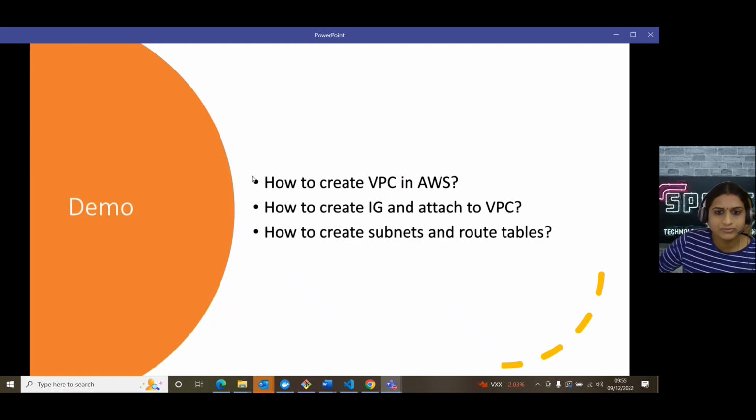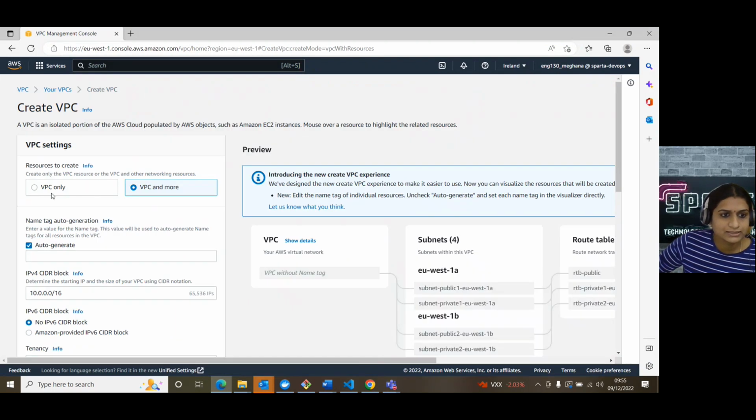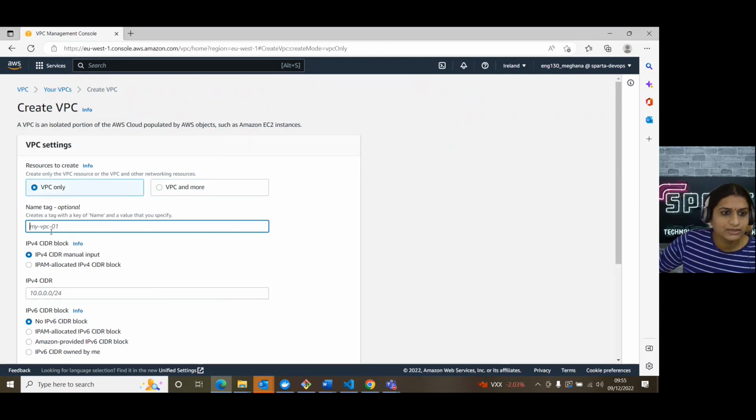Now we'll see the demo on how to create a VPC in AWS, how to create an internet gateway, how we attach the internet gateway to the VPC, and how to create subnets and route tables in the AWS console. We'll go to the AWS console now. We'll go to the VPC dashboard, and in the VPC dashboard, click on Create VPC and select VPC only. Give the name tag to our VPC